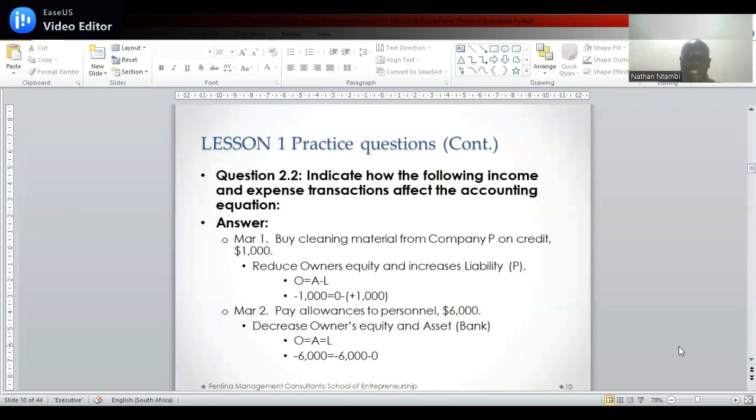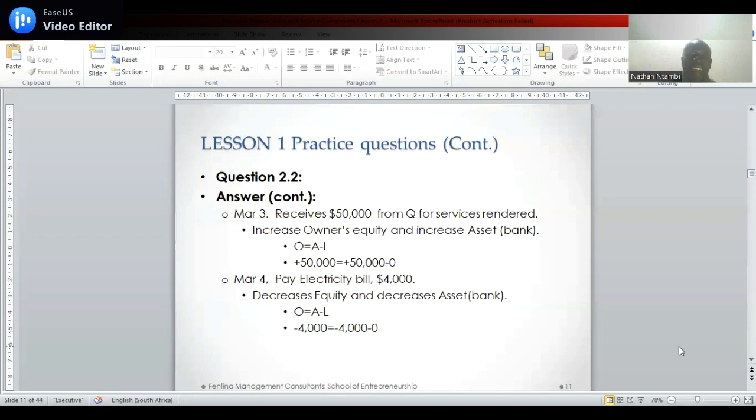March 2, pay allowances to personnel of 6,000. Decreases owner's equity and also decreases the asset bank by 6,000. March 3, receives 50,000 from Chu for services rendered. This increases owner's equity because it's a sale of a service and increases asset bank. 50,000 as owner's equity and 50,000 as asset bank. March 4, pay electricity bill of 4,000. This decreases equity and decreases asset bank because you are reducing the equity and you are also reducing the cash